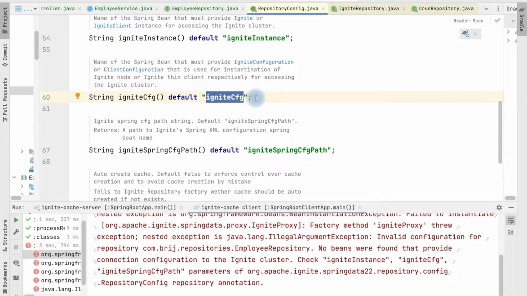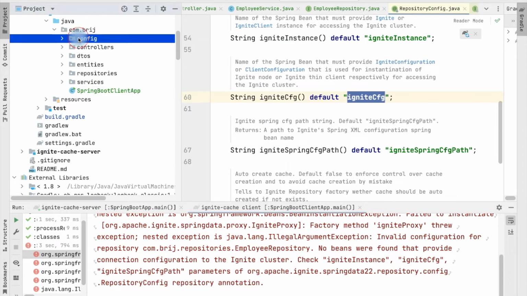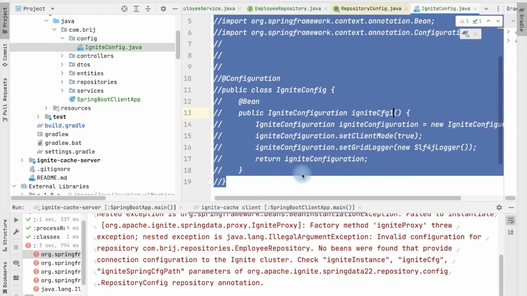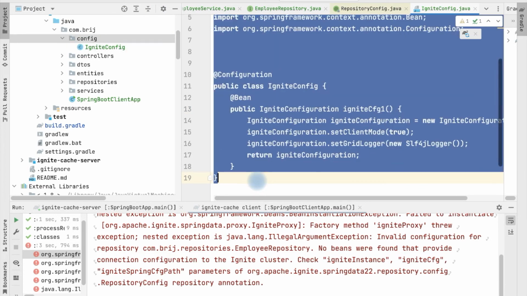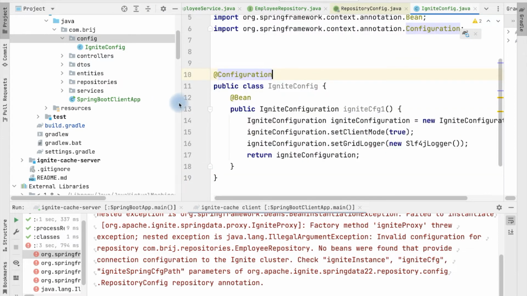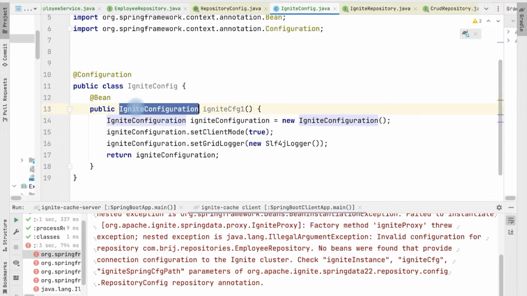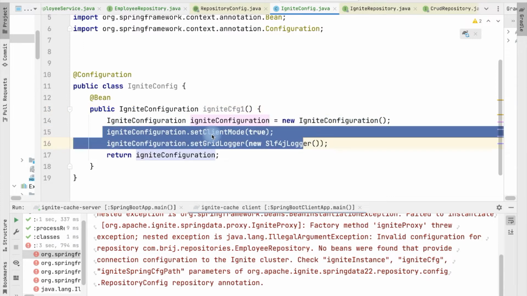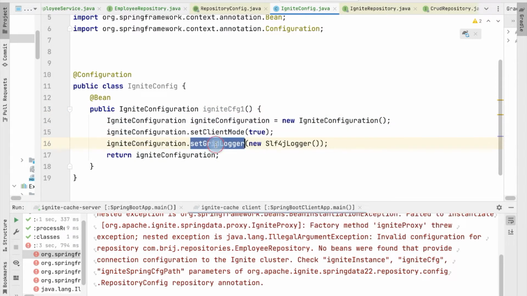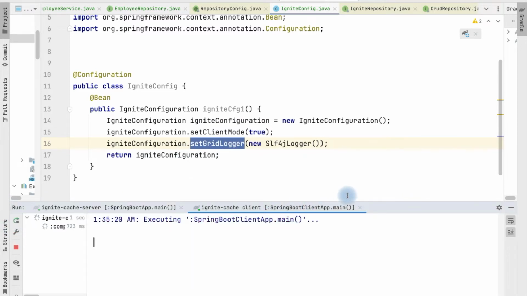We have already seen in our previous videos how to instantiate the Ignite configuration and add the bean. The same way we will add our bean here in the Ignite config, and we have already defined one bean. Let's talk about this. This bean is returning the Ignite configuration, and here we have just applied client mode as true, and then we have the logger added. If we run this,